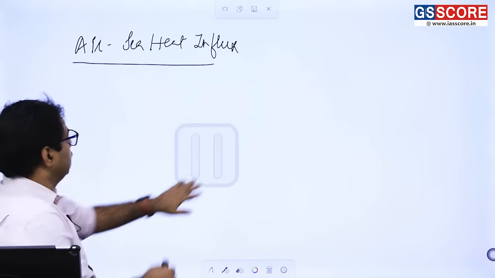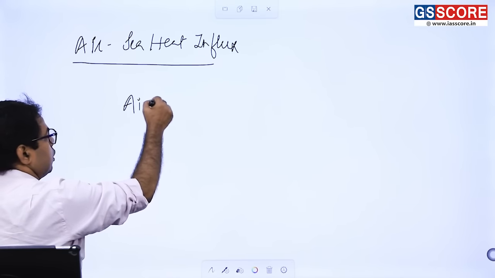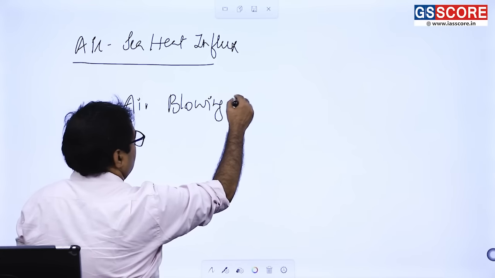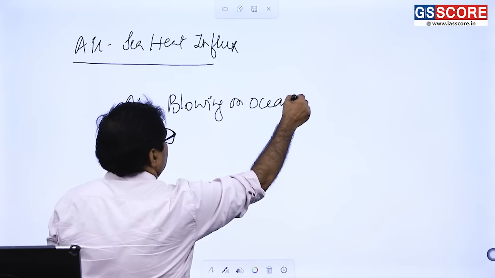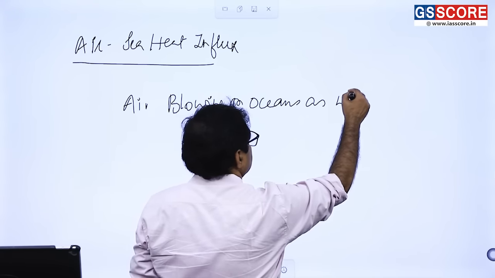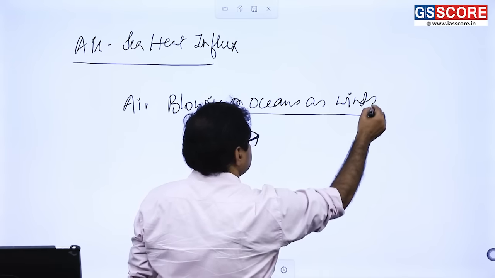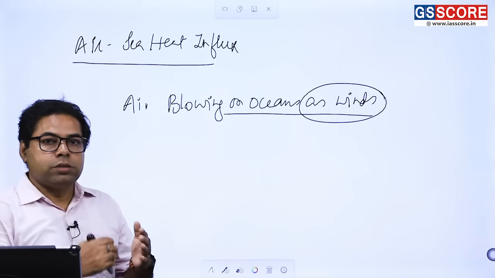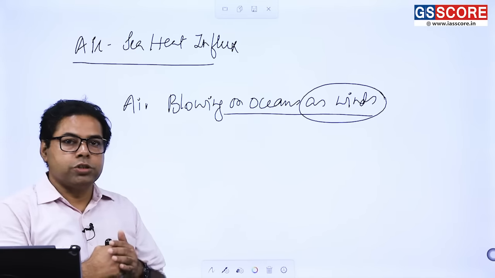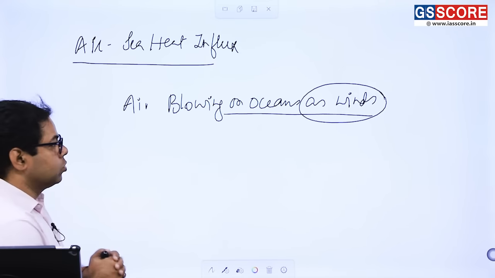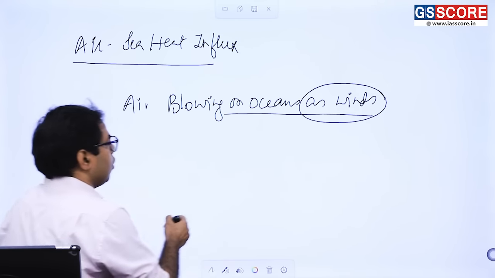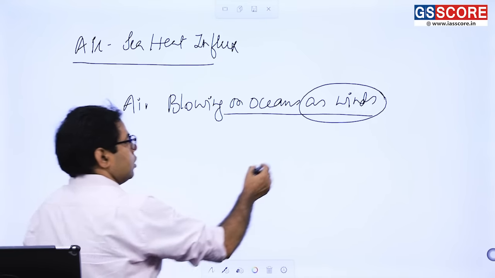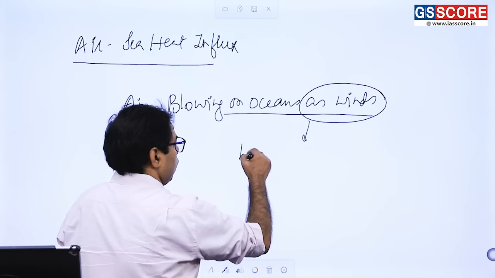You can say this air blowing on oceans as winds. So winds, most primarily, are also responsible for dragging the water from one ocean to another ocean. So the wind is also responsible for displacing the warm water